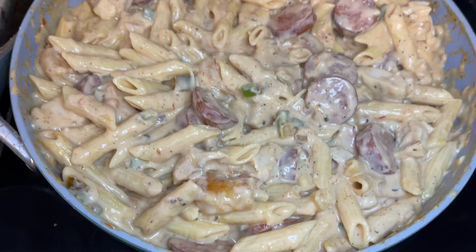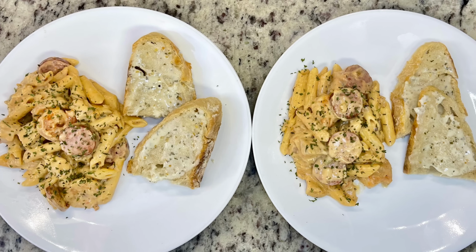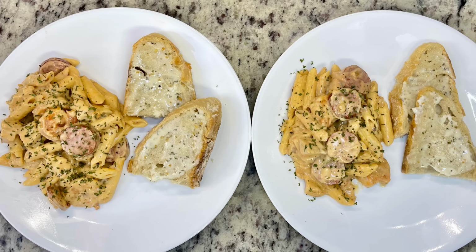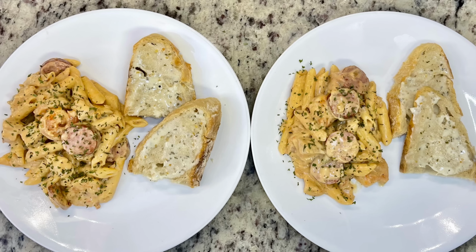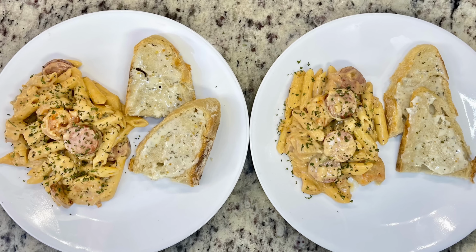Now, normally I serve this with a salad. Cheddar serves it with some garlic bread, but tonight, honestly, I just didn't feel like getting everything out and making a salad, and I wasn't that hungry anyway. So I just served up the pasta. I sprinkled it with a little bit of parsley flakes just for a little color, and then I had some